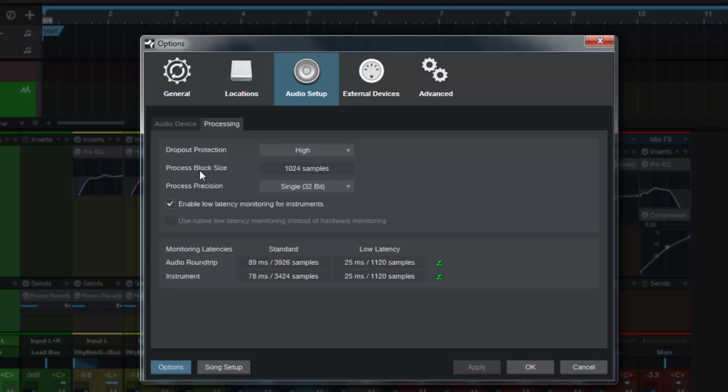So this does not replace the audio engine that came new with Studio One 3.0. It extends it and improves it and enhances it. The idea is that it makes it overall work better and more efficiently and use your CPU and your RAM more efficiently. That's the general idea. So here you can change the dropout protection to high, maximum, and you can see here